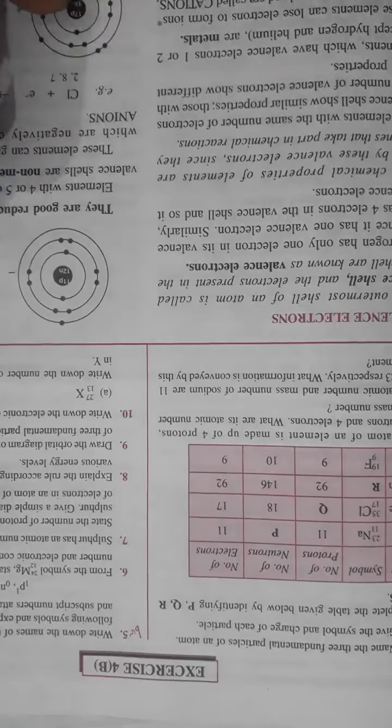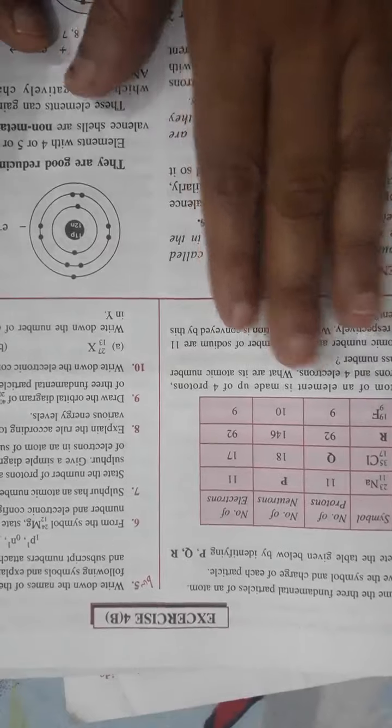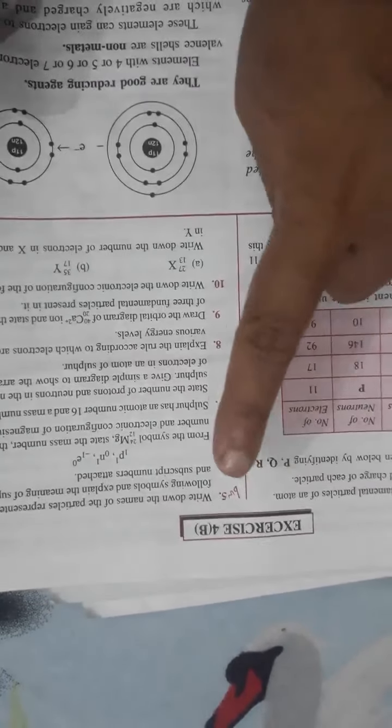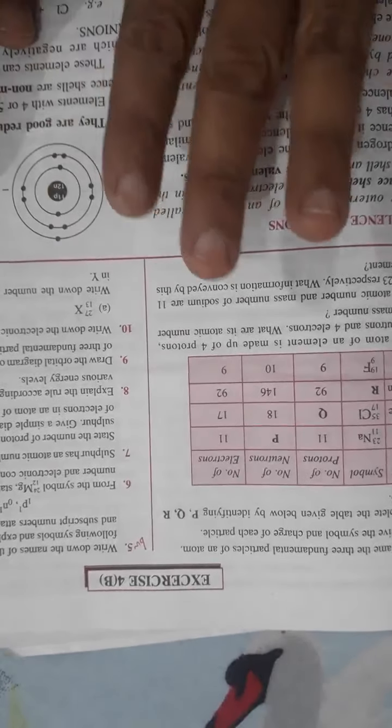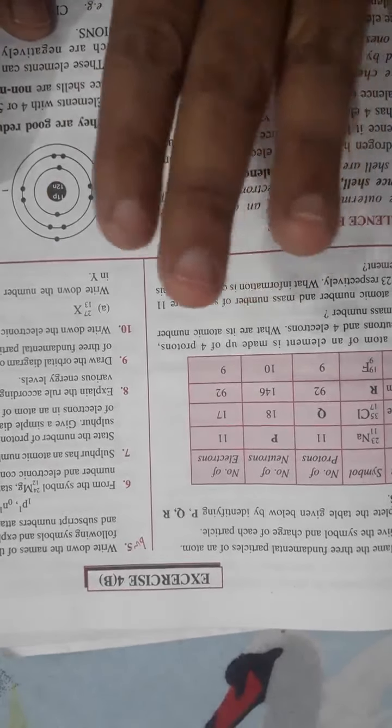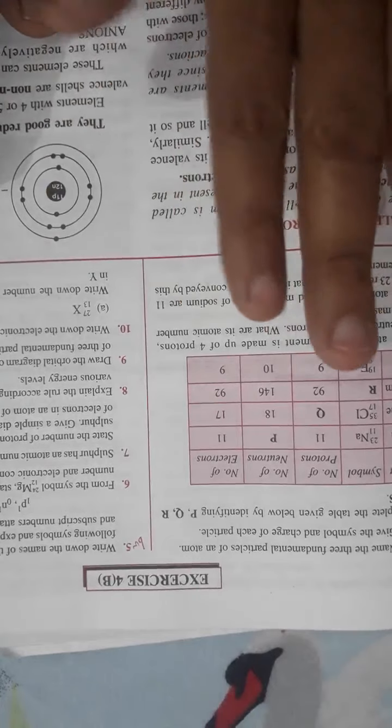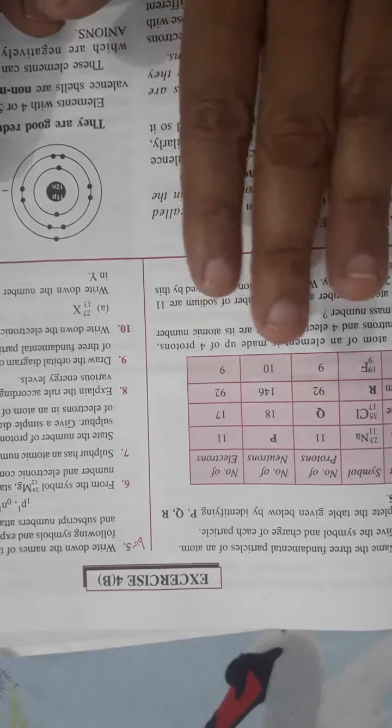So I am here to solve exercise 4b. First let me tell you which questions you have to do in the book itself. You can do question number 1, question number 2, question number 3 and question number 5 in the book itself. The remaining questions you can note down in your copy, and if you have already done this exercise, then please check your answer and match them with the answer I am telling you.